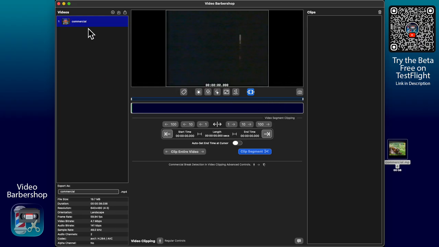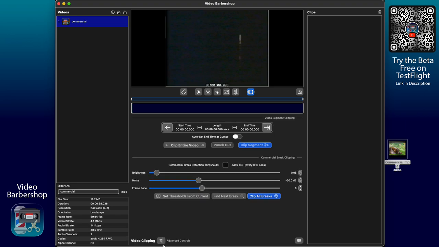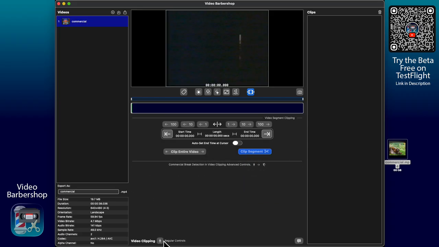One of the new features has been this regular and advanced controls set that I've got. You'll see in a lot of these different sections this toggle here. Commercial detection, which used to be here as well, is now under the advanced mode. To toggle between regular mode and advanced mode, you click this button. Got a little downhill skier here for the advanced controls. And you'll see the user interface change based upon